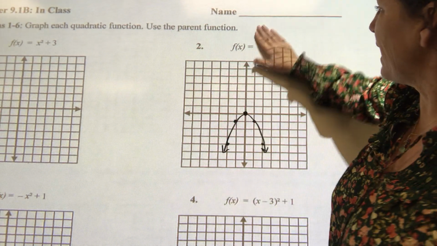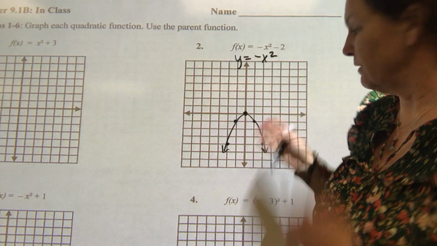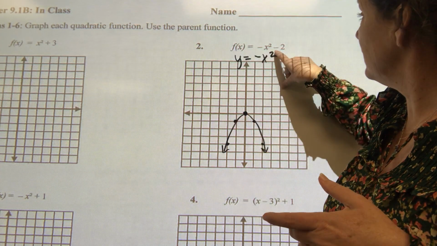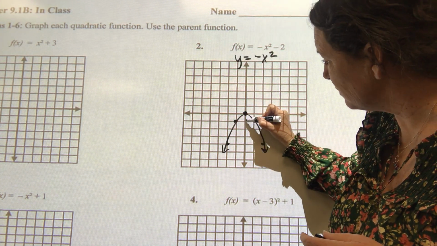Okay, so if all it asked was y equals negative x squared, that's the graph. But not only did it ask us to flip it down, it wants us to shift it down too. So we're going to take that and shift it down to